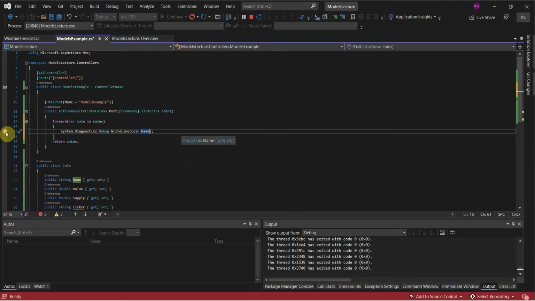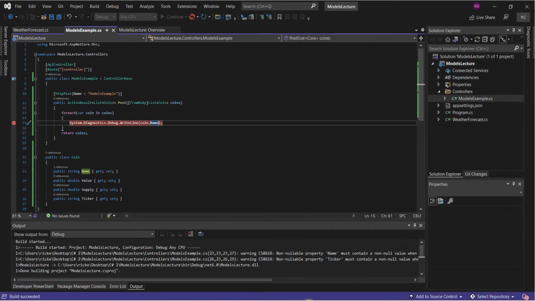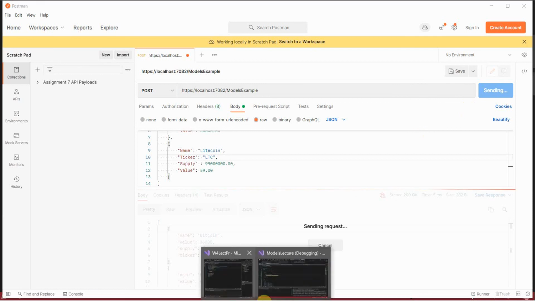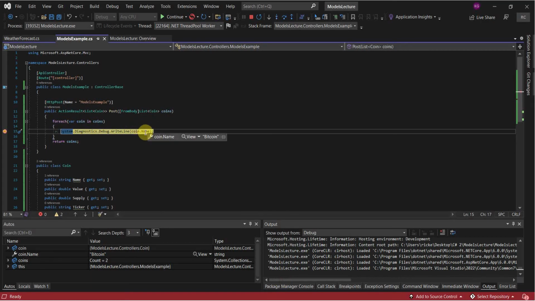So if we break through this, try running this again, we're going to hit our breakpoint. Our coin.Name is Bitcoin. We'll look at our object, and yeah, it just took it in as an object of type Coins. What would sometimes happen though is it wouldn't be able to parse this